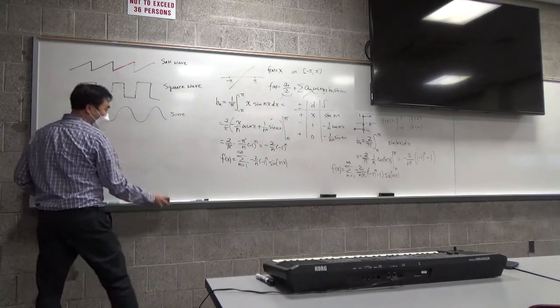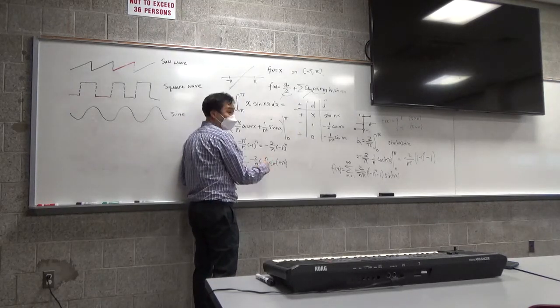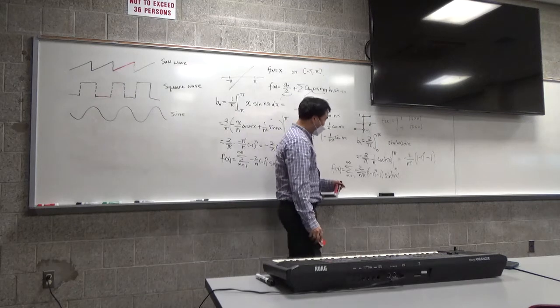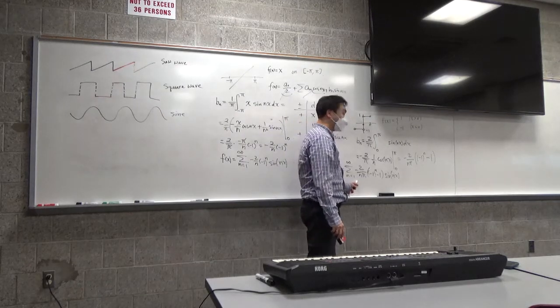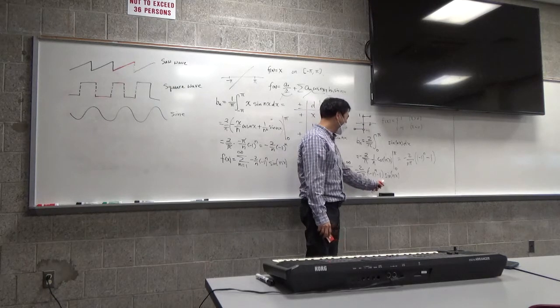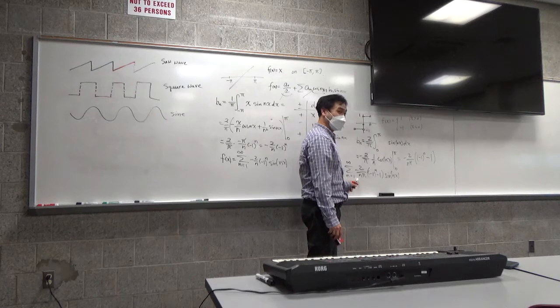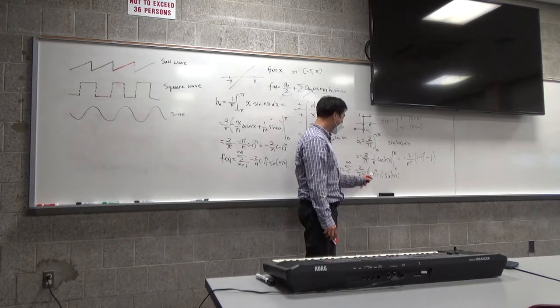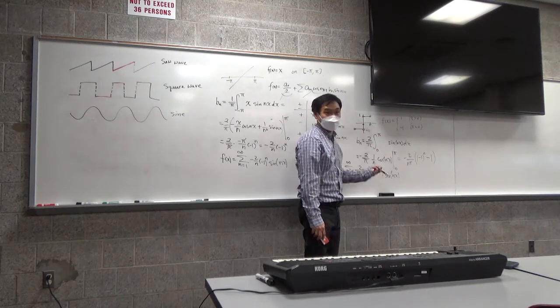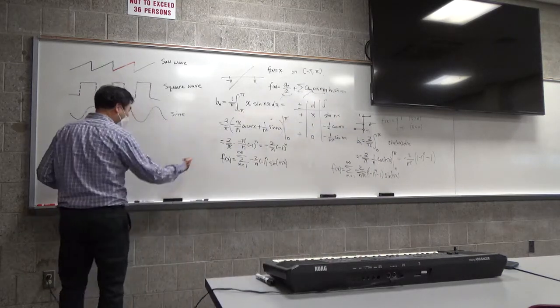If you look at these values, here, for any n, it's always some value, right? But what happens to this one when n is even? What happens to this one when n is even? 0. That becomes 0, because negative 1 to the even part is 1. 1 minus 1 is 0, right? So here's what happens. The saw wave,